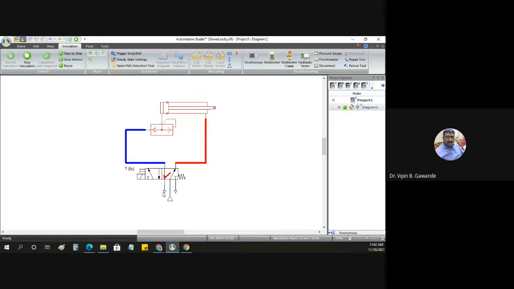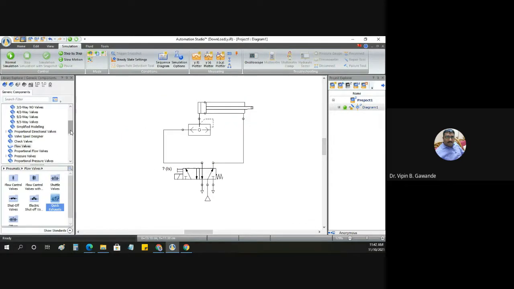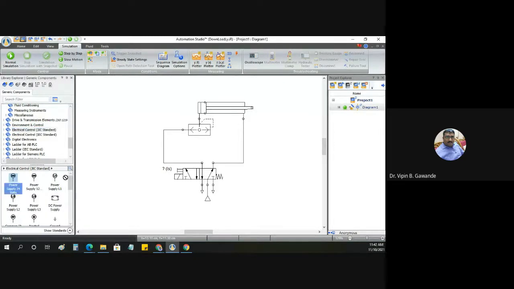Now here there is also a solenoid. So you can operate it with the solenoid valve also. That is also possible. If you want to develop the electrical circuit, what you have to do is go to the electrical control. Take the 24-volt connection, then take the 0-volt connection, and in between those you just connect the normally open push button here.